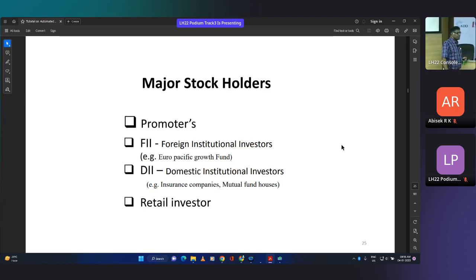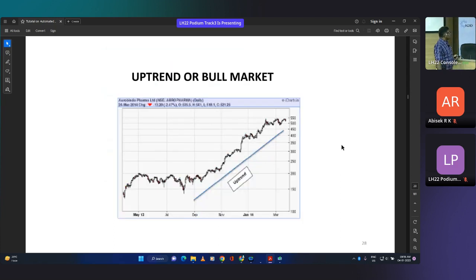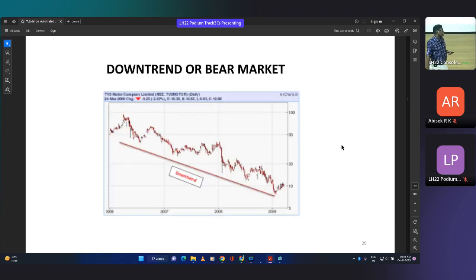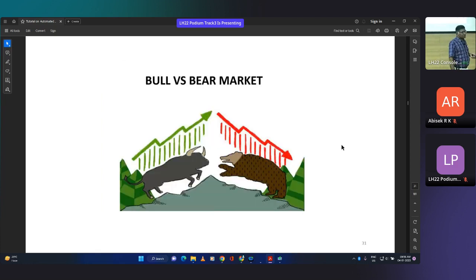We are focusing on the retail investors, where typically the transaction size is less than 1 lakh rupees. Typically you have an uptrend, which is also called a bull market, when the stocks rise, and when you have a downtrend, it is called a bear market, when the stocks fall. And then there is a sideways trend when nothing much is happening. Bull versus bear market is the typical thing. So when the stocks rise,